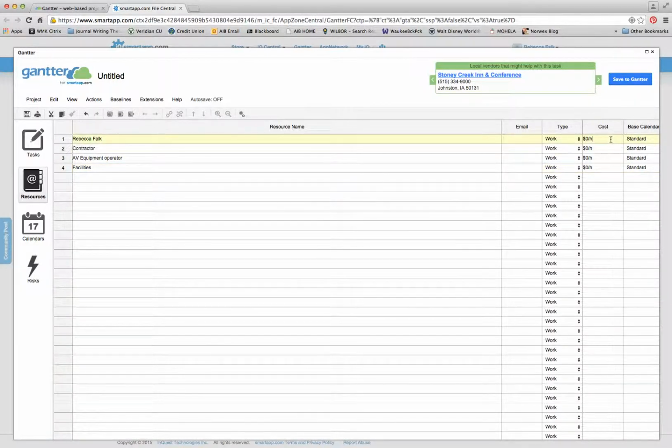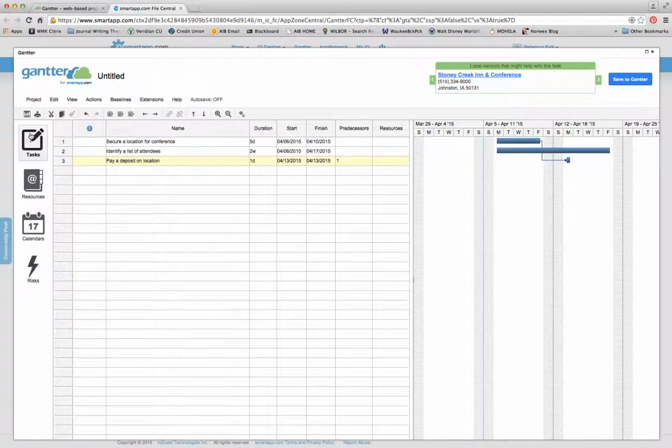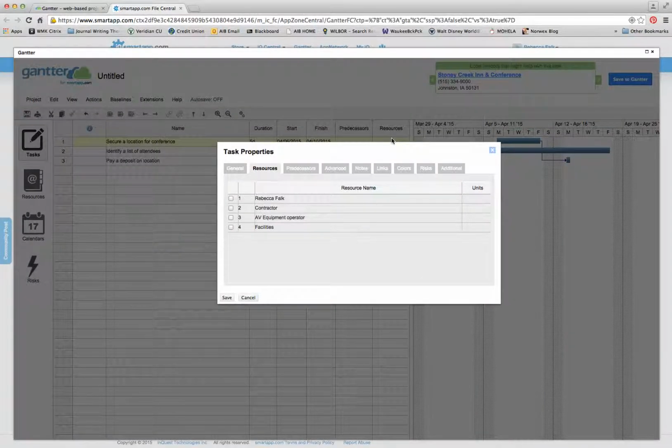And then if I wanted to adjust cost, I could go in and give each person an hourly wage so that we could see and start to track costs. Well, it's not liking how I'm doing this today. There we go. I'm now going to go back over to the task section, and I'm going to show you how I can then assign resources. As soon as I click on the resource column, I can do that, and I can select the resource and